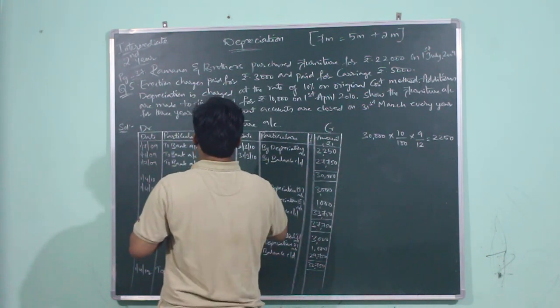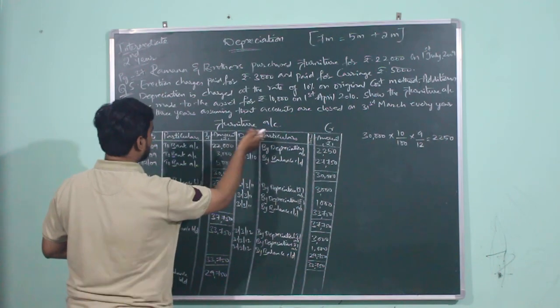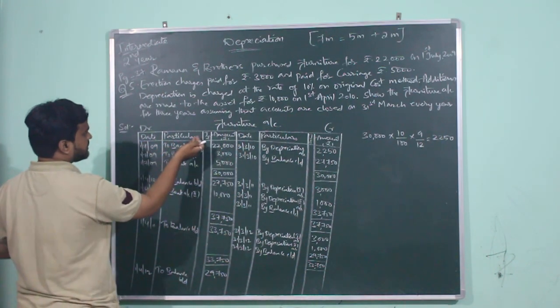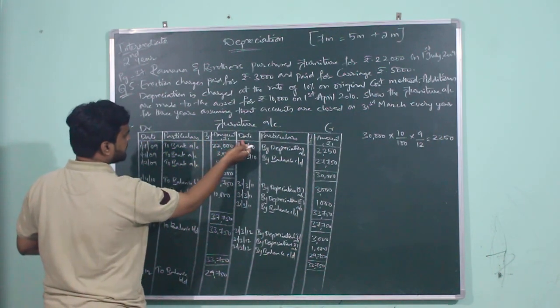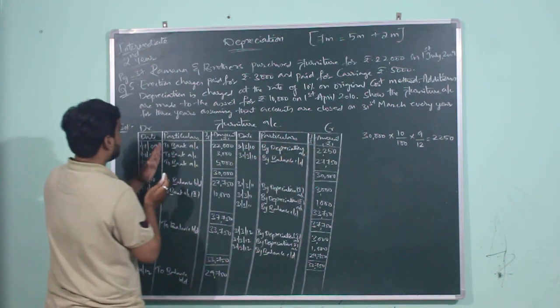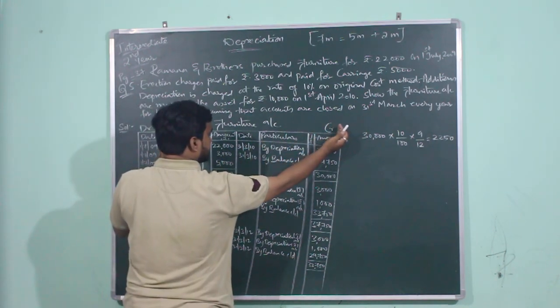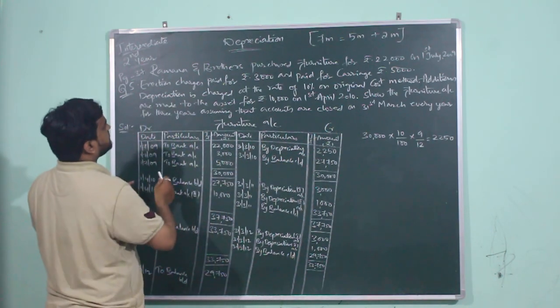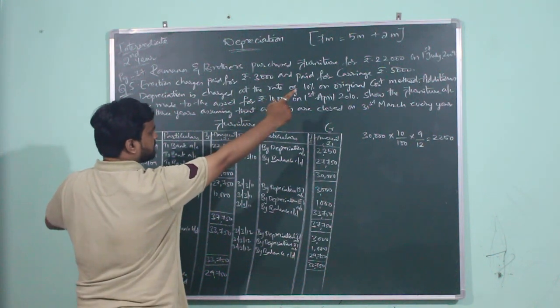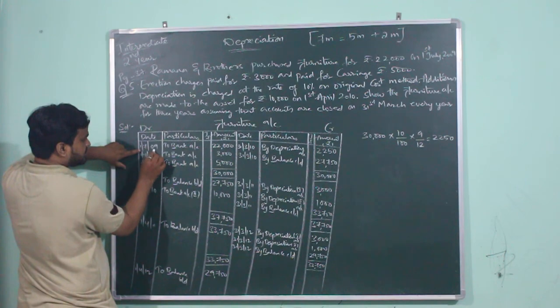So here, while preparing furniture account, what is the format? Here the name of the account will be furniture account and the format will be date, particulars, JF, journal folio, amount rupees, date, particulars, JF, journal folio, amount rupees. To the extreme left you will be writing it as DR debit and towards extreme right you will be writing it as CR credit. So Ramana and brothers are purchasing the furniture on 1st July 2009. So the date will be taken as 1st July 2009, 1/7/2009.